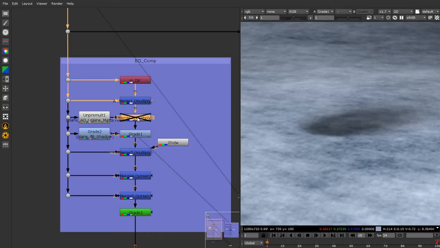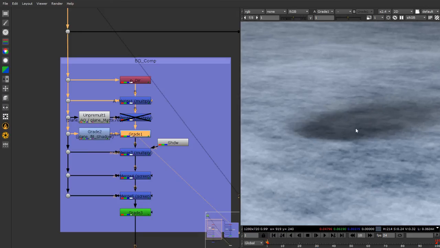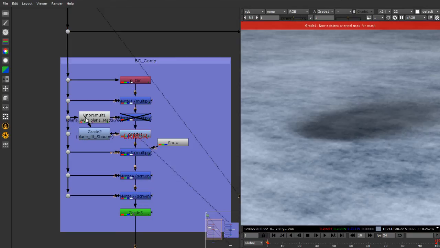So as you can see, this grade is basically giving me a shadow, and it's not being cut off by the sphere itself. If it was being cut off by the sphere, then I would have to unpremultiply that too, but here I don't have any sphere over there, so I can easily use it. But let's say by chance or by mistake you do unpremultiply it,